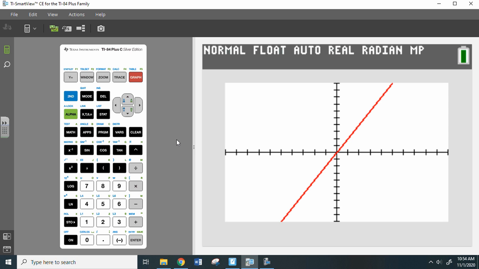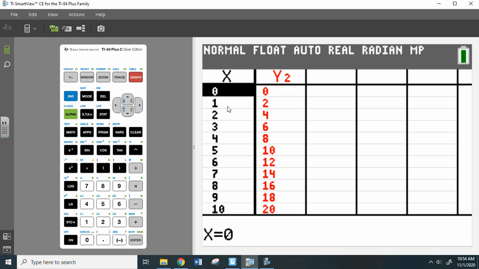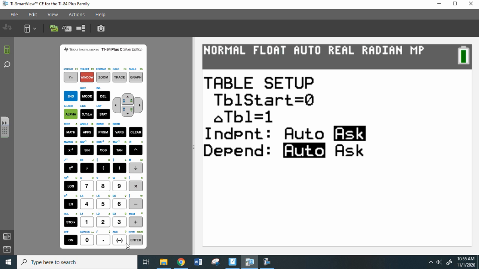Now, how can you get some nice points? How can you know for sure where some of these points are? You can look at the table. So second graph takes you to the table, and you can see that when x equals 0, we're at the origin. When x equals 1, the value is 2. 2 is 4. 3 is 6. And you can actually go up and get, oh, I probably have my table set to start at 0. So if you clear that out and then go back to table,